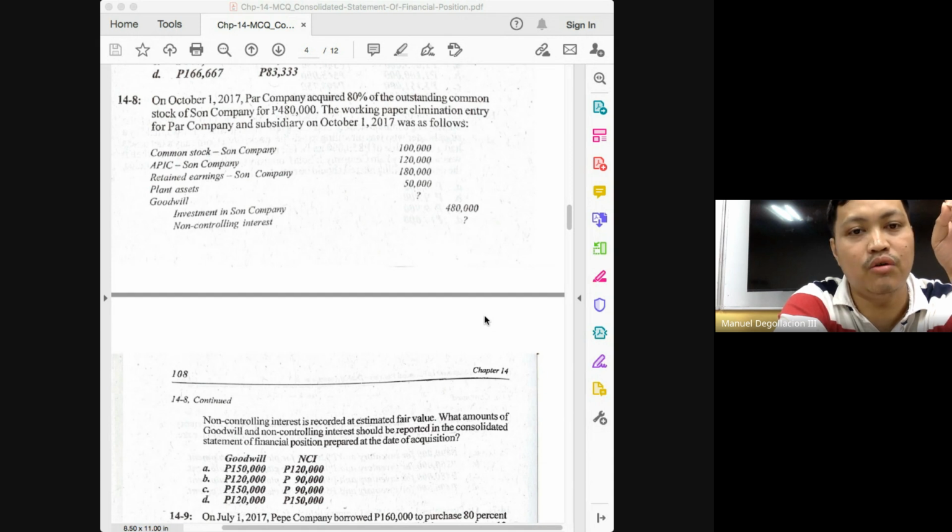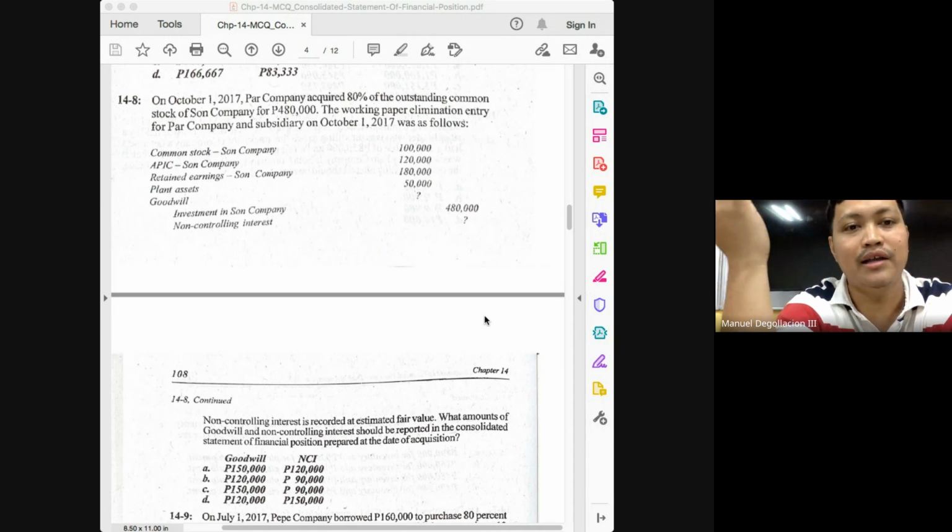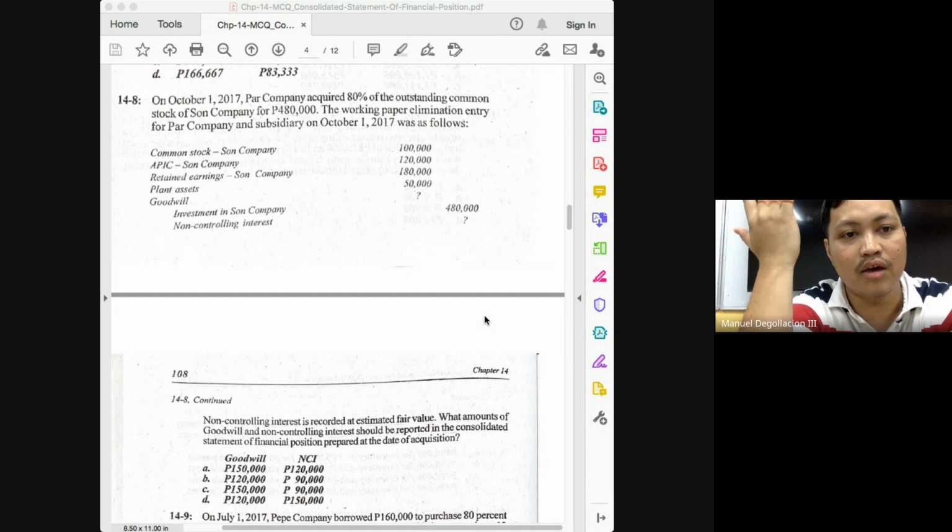And yes, you should know already, in the consolidated or combined financial statements, we do not combine the equity accounts of the acquirer and the acquiree. Only the equity accounts of the acquirer is reflected. So if we are combining the acquirer and the acquiree, the equity accounts of the acquiree should be eliminated.